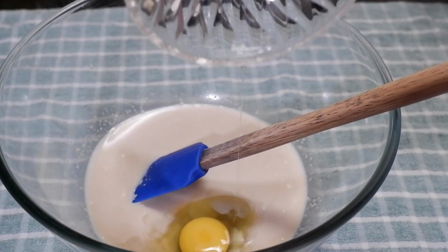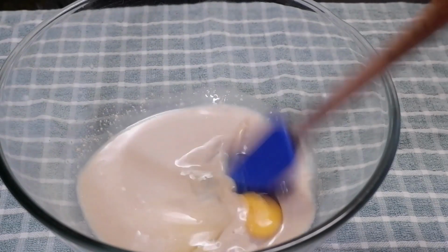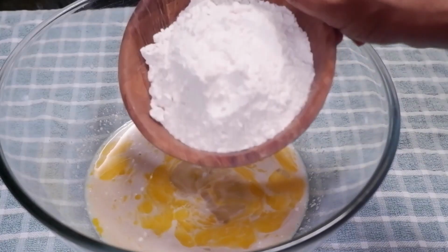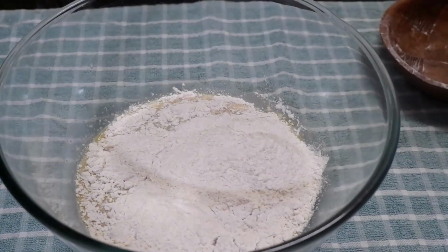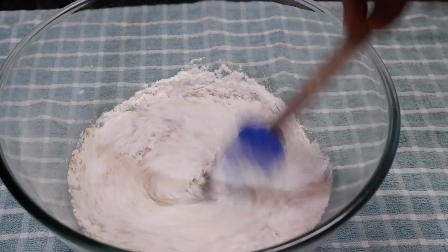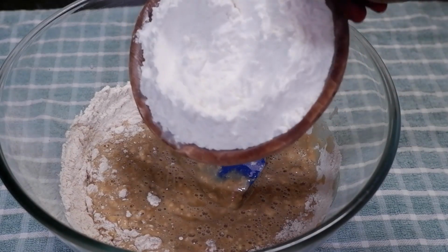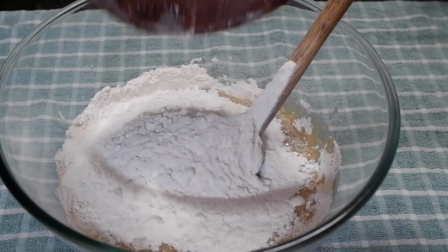Into this we'll add 1 egg. If you don't want to use egg, instead of egg you can use 50 ml more of liquid, or you can use 50 ml of cream. Take 150 grams of whole wheat flour, mix it into the liquid, and then we'll take 250 grams of all-purpose flour,